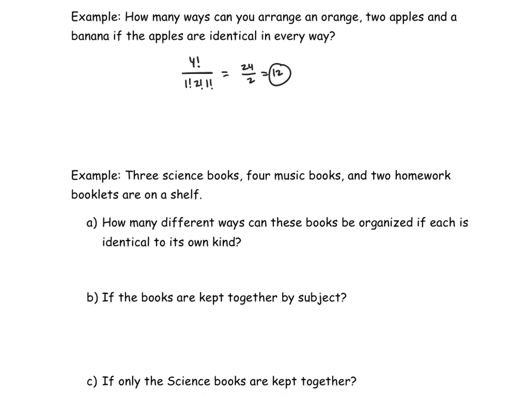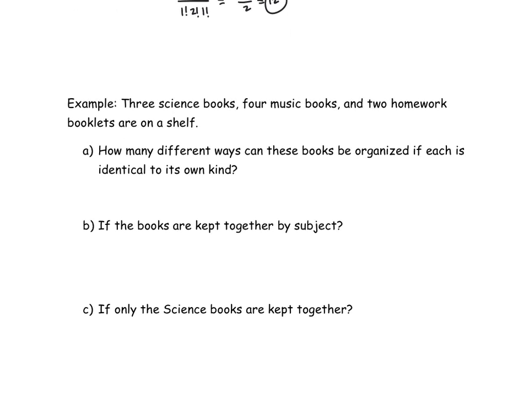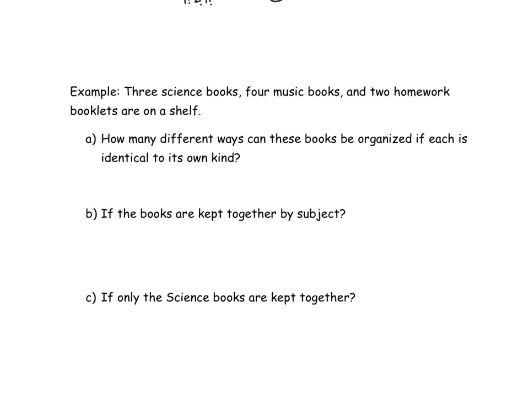Okay, so let's look at another example. 3 science books, 4 music books, and 2 homework booklets are on a shelf. How many different ways can these books be organized if each is identical to its own kind? Okay, so I've got 3 science, 4 music, 2 homework booklets. That's going to be a total of 9 books. So I could organize them in 9 factorial ways. However, the science books are identical, the music books identical, and the homework booklets also identical. When I do that calculation, I get